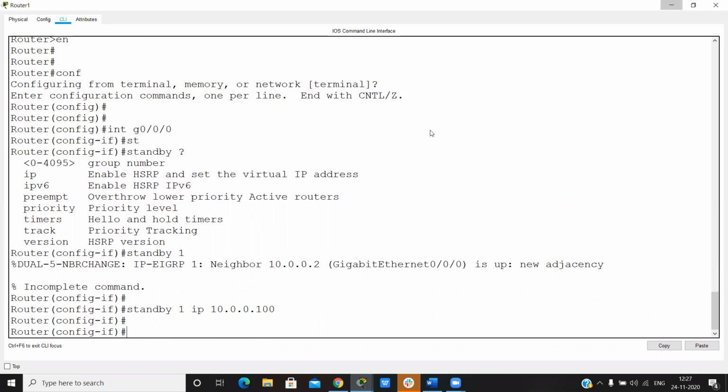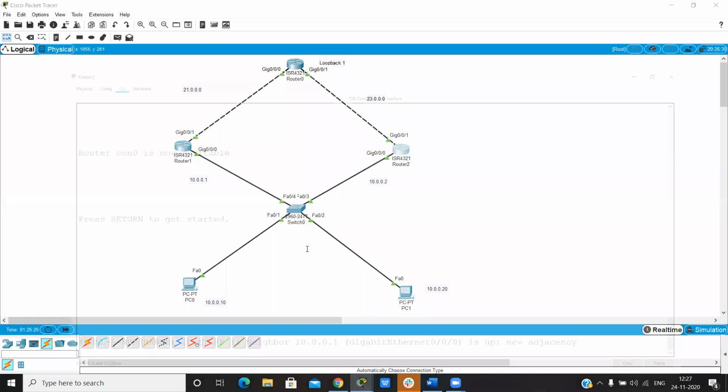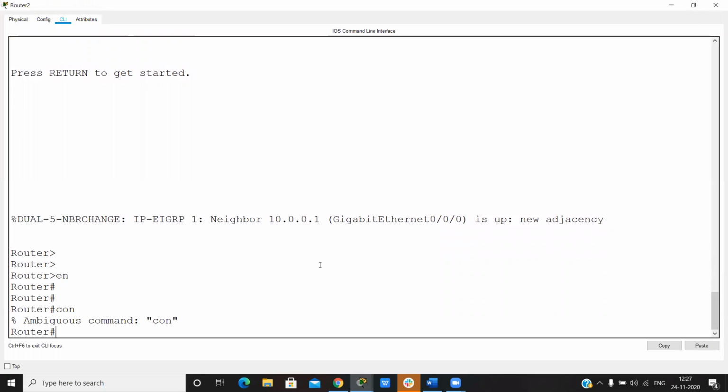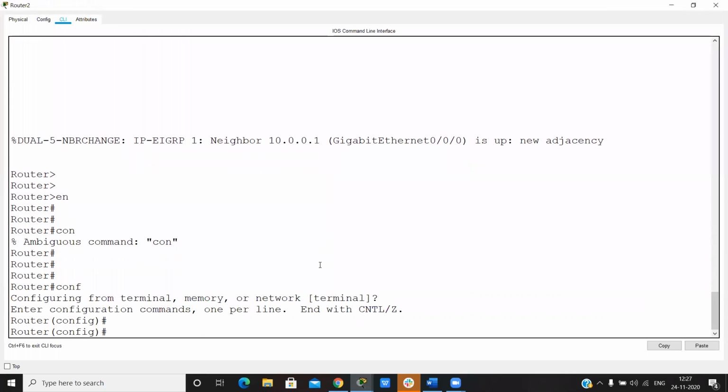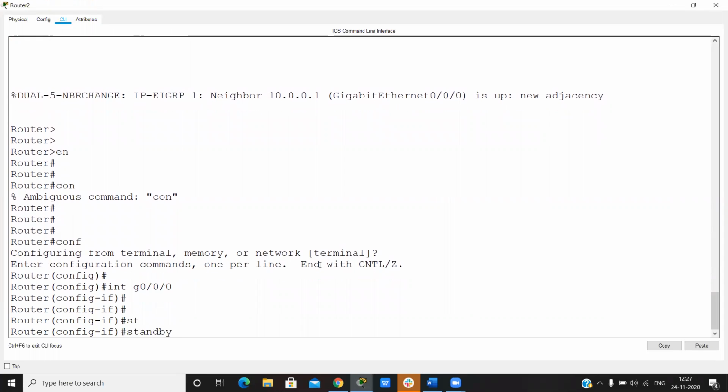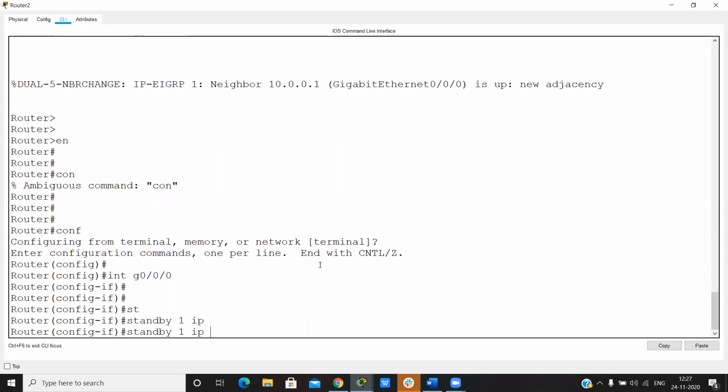Now on router 2, no shutdown, interface G0/0/0, standby 1 ip 10.0.0.100.